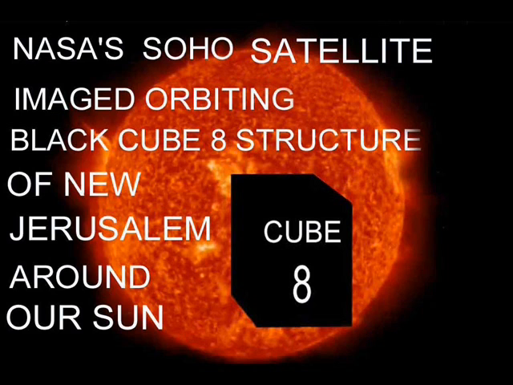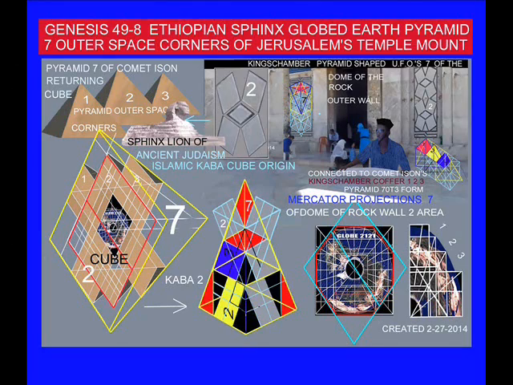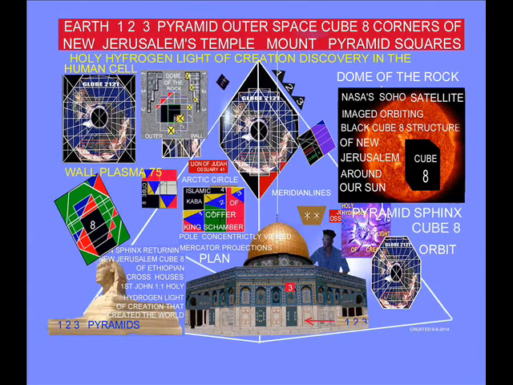This is where we make one of the greatest archaeological and theological and astronomical discoveries of all time, because we have now uncovered the master masonry in archaeology and astronomy of the Ethiopian couching lion sphinx of ancient Jerusalem that ruled over ancient Giza, Gaza, Gath, Palestine, Ethiopia. Now, once we uncover the globe Earth stealth pyramid Mercator projections, we must identify them within the Dome of the Rock octagonal equatorial perimeters of the globe Earth, because this is